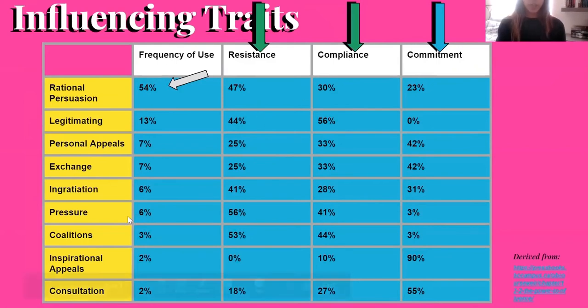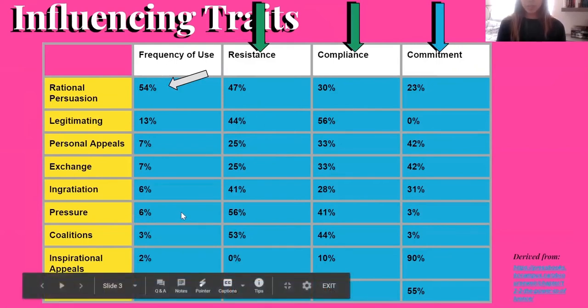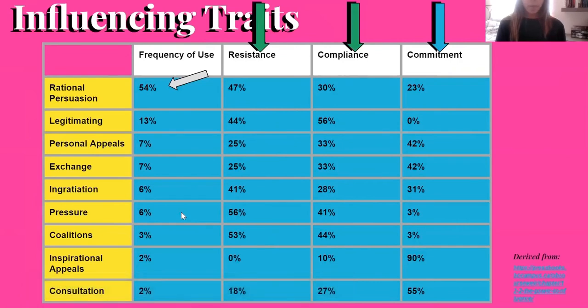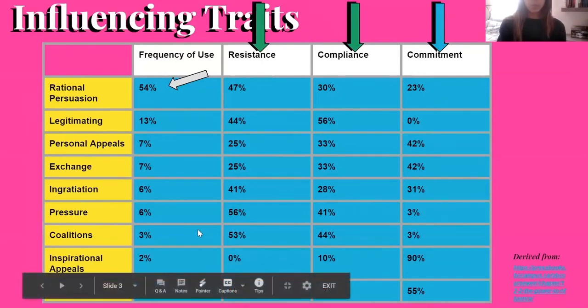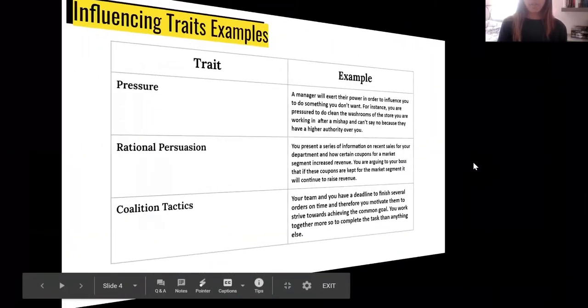If you can see here, pressure has about a 6% frequency rate, which is quite low, and it makes sense considering pressure is, again, the threat towards one's job or well-being, something where you feel that you have to do something because of what the person holds over you. Commitment rate is 3% as well, so not a lot of people are happy with pressure. So it would not be the best trait to use in a workforce, hence why it's so low. So the next slide, I just have a few examples